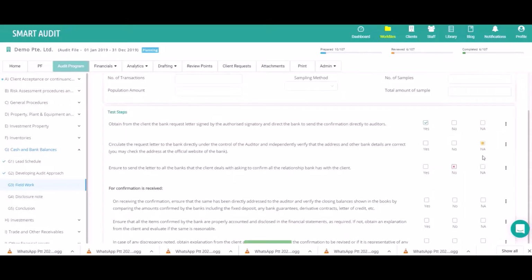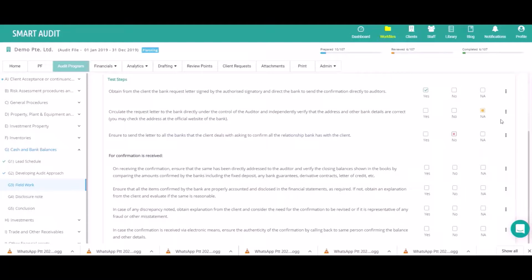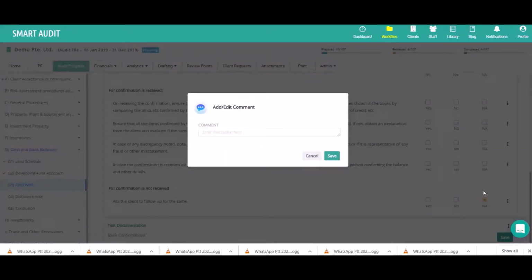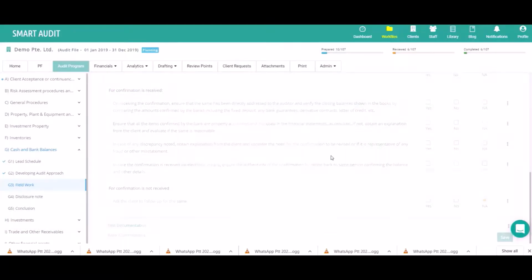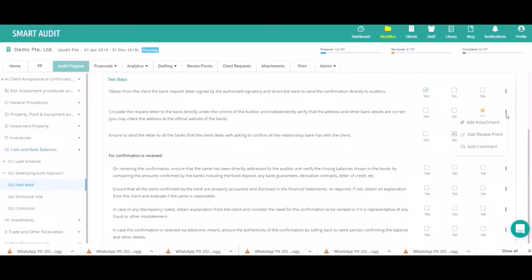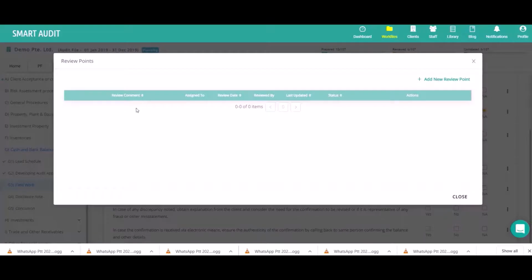Also, the user can write any comments specifically for any point, for example, if you need to mention why the step is not applicable. Also, the manager or reviewer can give his or her review points for any of the steps mentioned here.